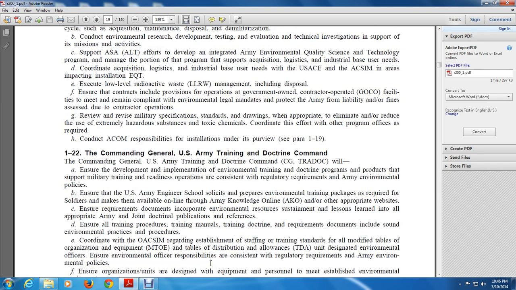The Commanding General, U.S. Army Training and Doctrine Command (CG TRADOC), will ensure the development and implementation of environmental training doctrine, program products, and support for military readiness operations that are consistent with the regulatory requirements of environmental policy, ensuring the U.S. Army Corps of Engineers can solicit